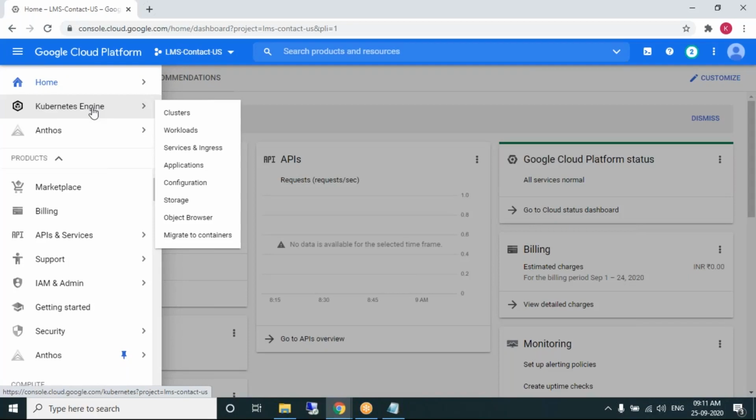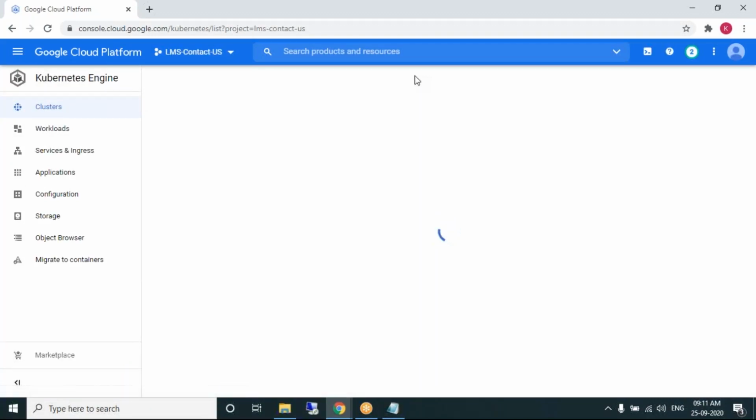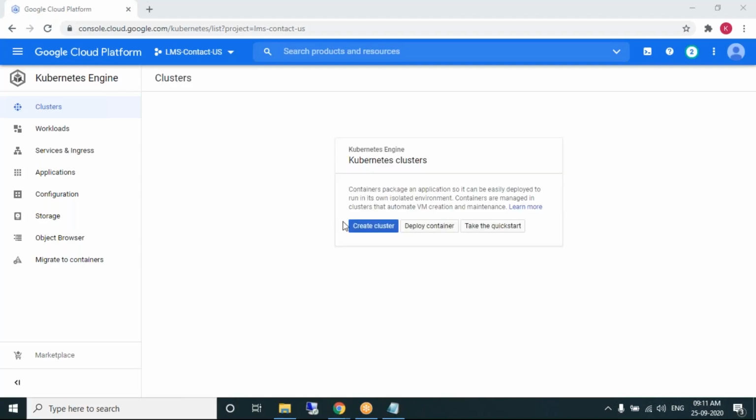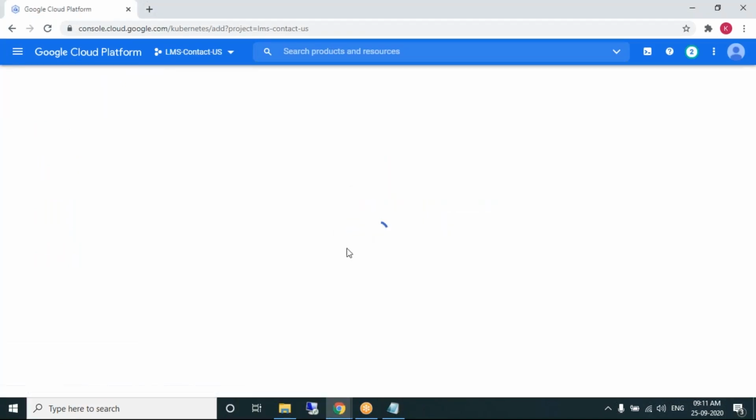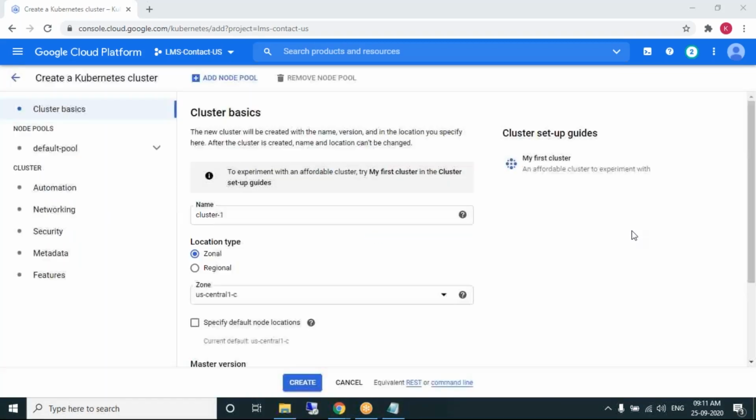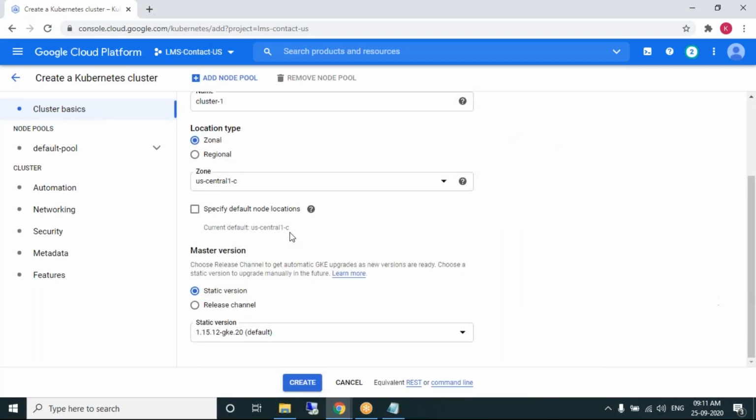In Google Kubernetes Engine, the first step is creating a cluster. Take the default options, default zones, don't worry about this, and create a cluster. We have seen yesterday how to create a cluster. Let's proceed.